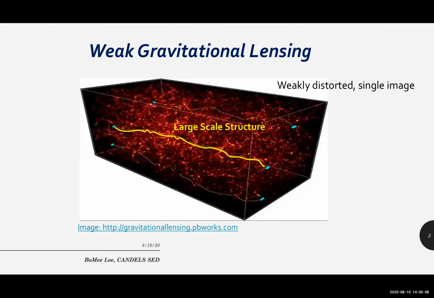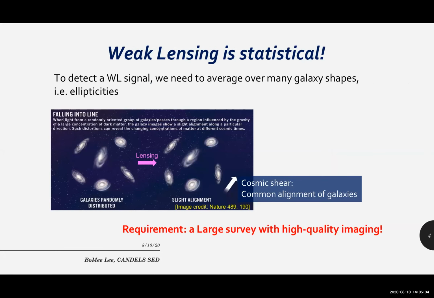I think you probably heard that mass bends light. Gravitational lensing is a deflection of light by all gravitational mass. When light from distant galaxies travels through the gravitational field of intervening large-scale structure, light is slightly deflected and background images get weakly distorted and produce single images of sources. This is weak gravitational lensing. You can think most galaxies in the universe are slightly distorted by weak gravitational lensing. Weak lensing is a powerful cosmological probe of the distribution of dark matter, but the effect is very, very